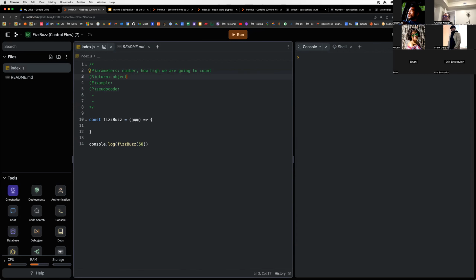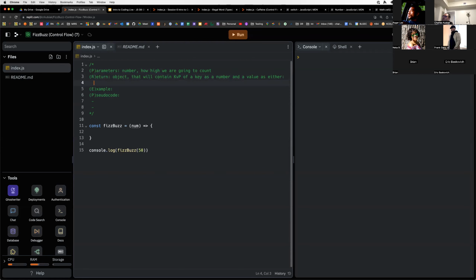So that's our data structure, an object that will contain key value pairs of a key as a number and a value as either a number, a string,